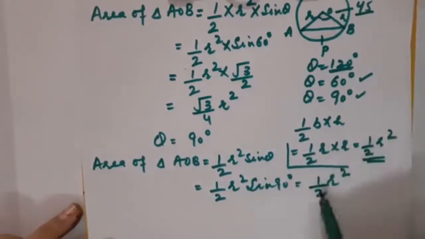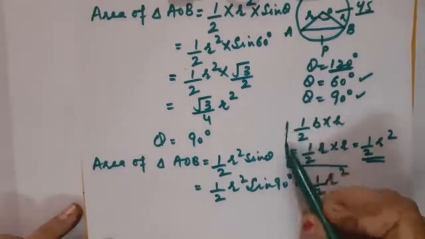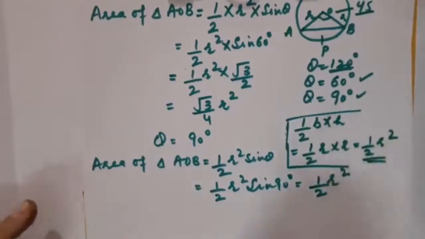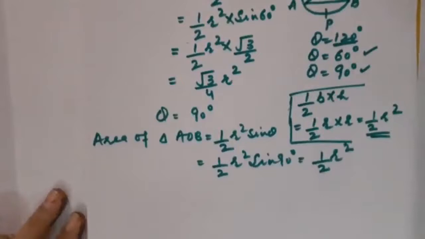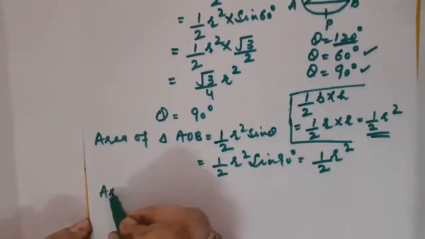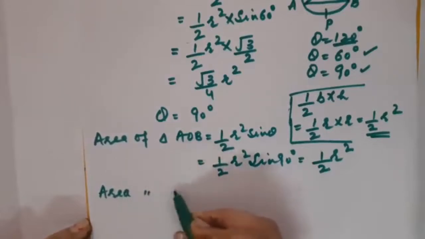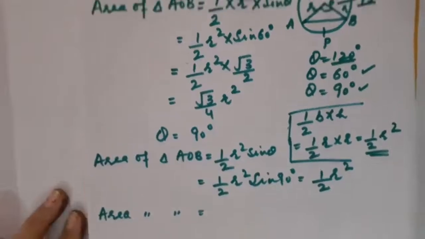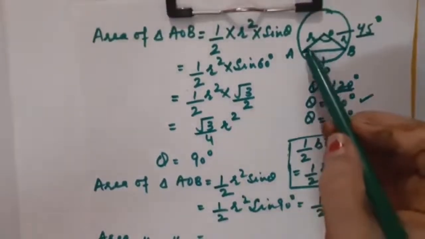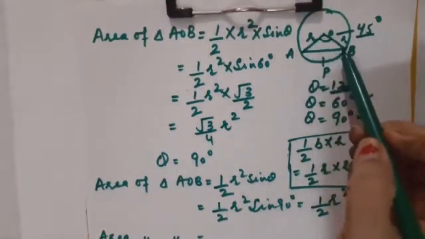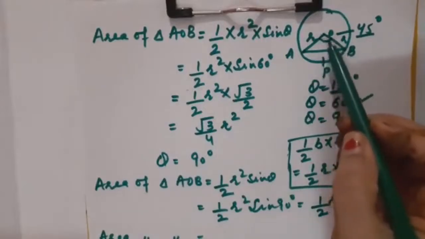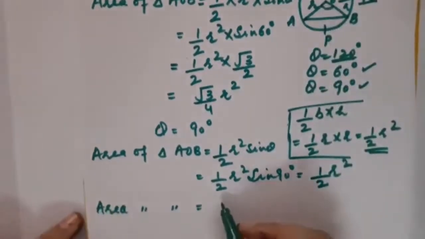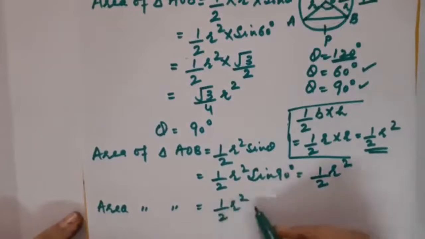Isn't it the same formula? This formula is nothing but half into base into height. Got it? Okay. Now I am going to switch to the new concept. When theta is 45 degree, then how to calculate area of triangle AOB. It is that triangle whose sides are the radii of the circle as well as one center angle is also formed. So it would become half into r square into sine 45 degree.